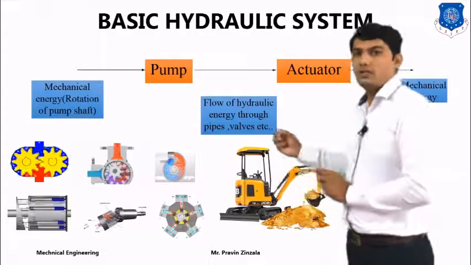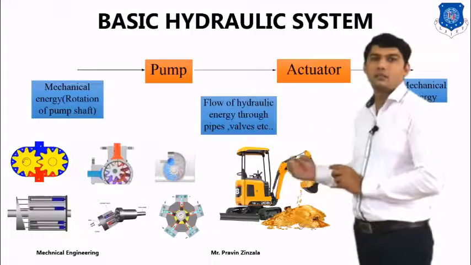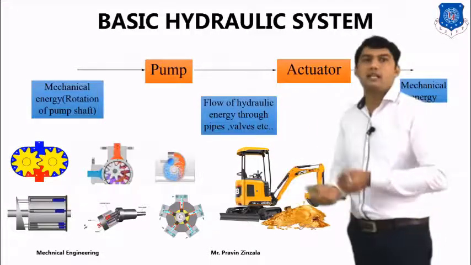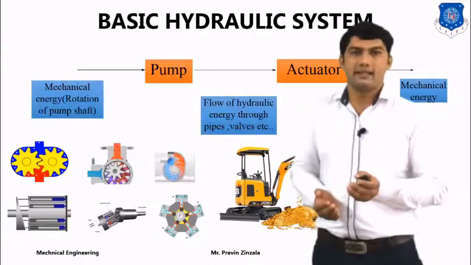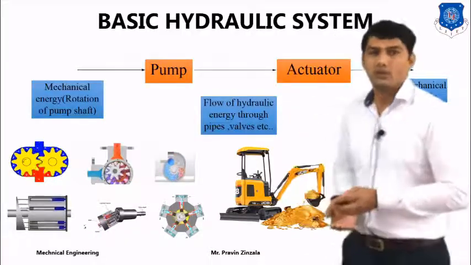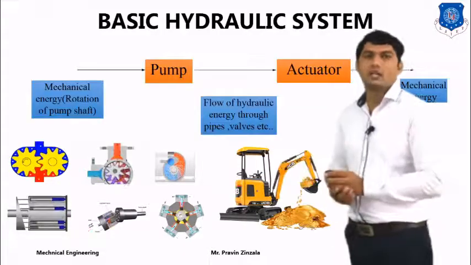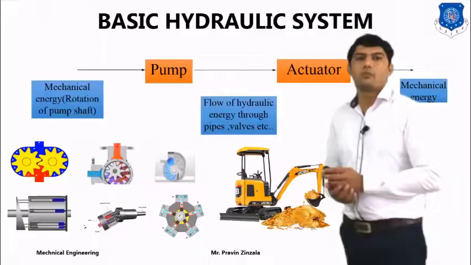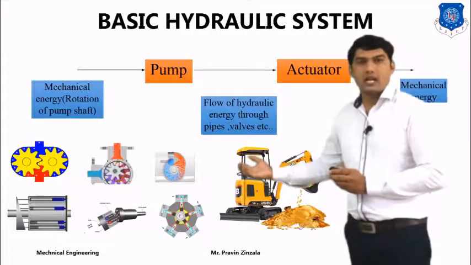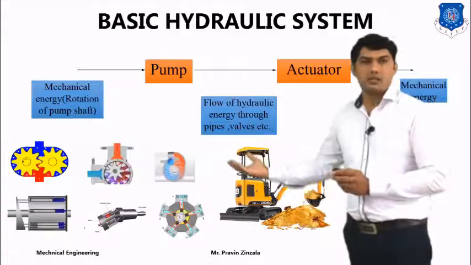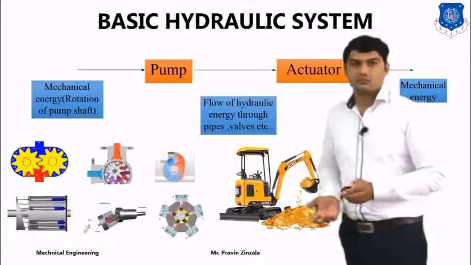So the best example of hydraulic applications is the JCB, where mechanical energy is easily converted into hydraulic energy and hydraulic energy into mechanical energy. And this is a movable application of hydraulics. But there are many applications of hydraulic system for steady applications, such as hydraulic press, hydraulic shaper, different types of crane, elevator, etc.